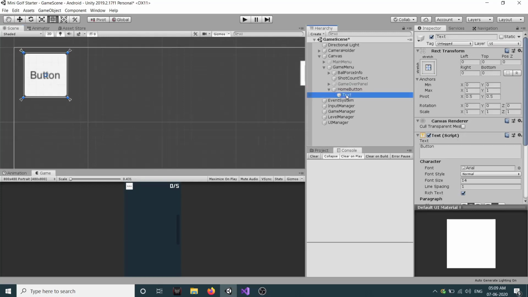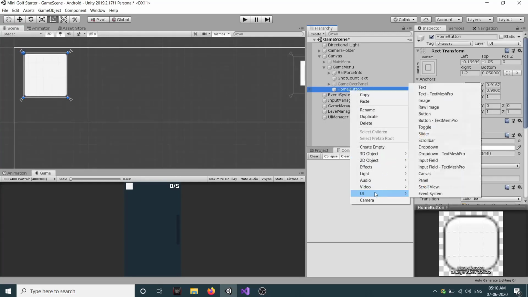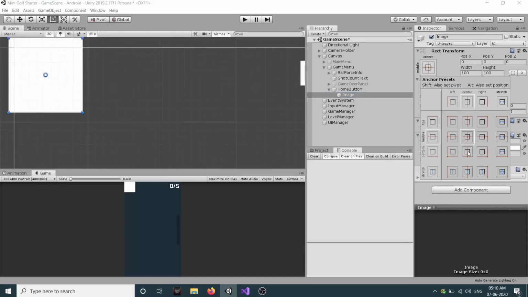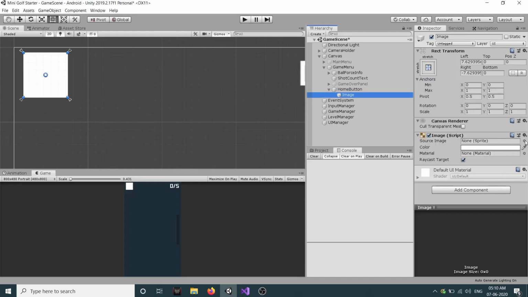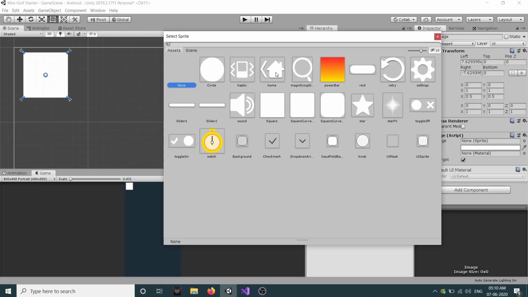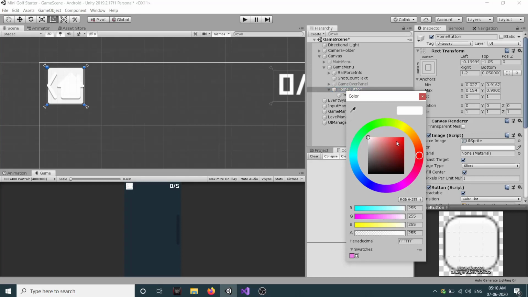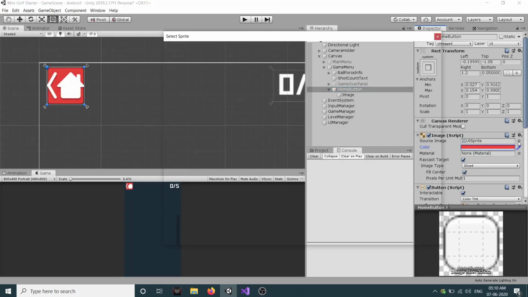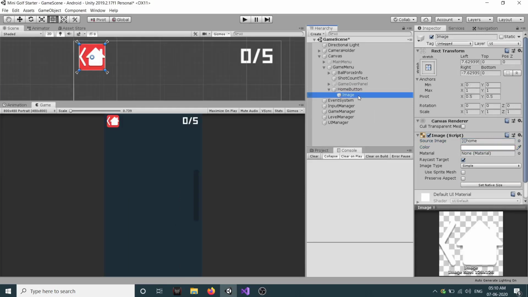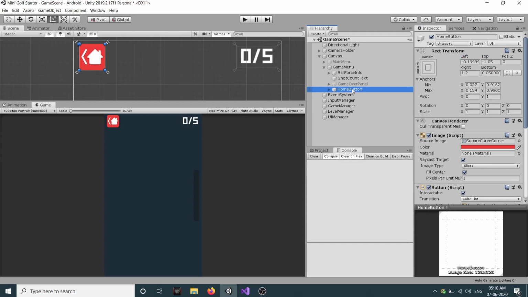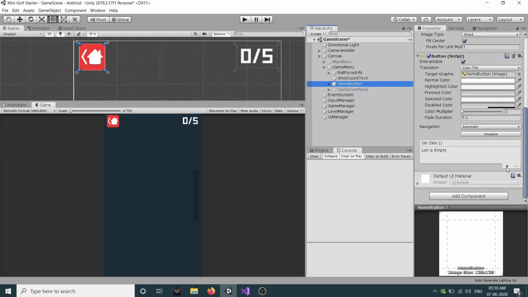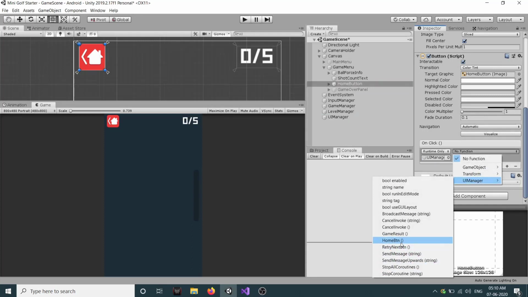Okay, so delete, right click, create a new image in that. Like this, holding alt and shift, stretch it, and select this icon here, and we have this home button icon. Let's set this to, let's say, red something like this UI, and let's change it to something like this, and let's set this to like 5 5 and 5. It will be home button. Let's move it up. Click on this plus icon, drag our UI manager, and select our home button method.